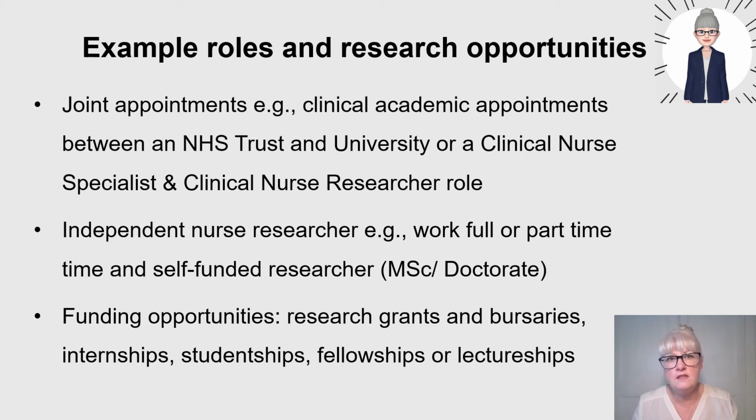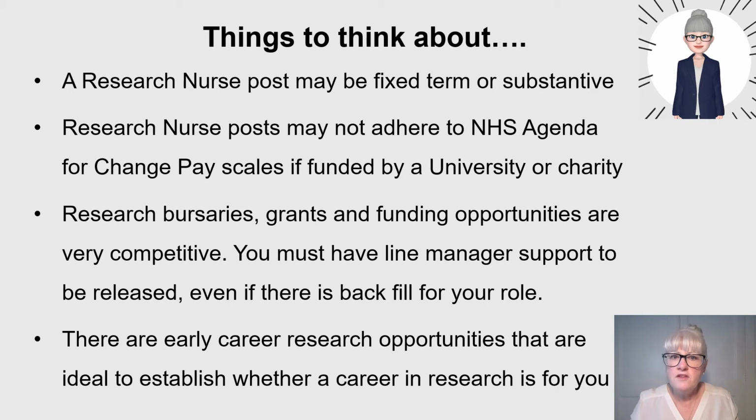So you'll see many nurses applying to do independent research as part of their masters, depending on what career pathway they're aligning to. And funding opportunities may involve research grants, bursaries, internships, studentships, fellowships or lectureships. And I know a lot of early career nurses don't understand what those terms mean, so I've simplified those for you. Some of the things to think about when you're looking at applying for a research nurse post: